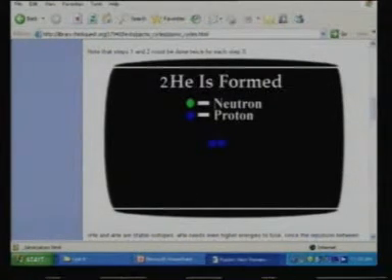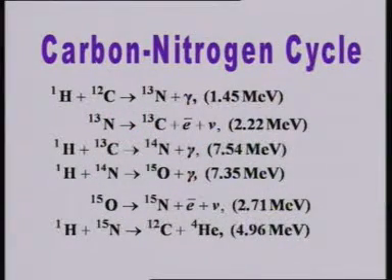There is another process also called the carbon-nitrogen cycle. We told you earlier that the more massive the star, the hotter it is, and if the temperature is high inside a star, then this carbon-nitrogen cycle also gives us energy. For this we require some carbon to be present to begin with, and then carbon-12 takes a proton, goes to nitrogen-13, nitrogen-13 decays to carbon-13, which takes another proton, becomes nitrogen-14, which takes another proton, becomes oxygen-15, and oxygen-15 decays into nitrogen-15 and takes another proton and gives us helium-4 and carbon.